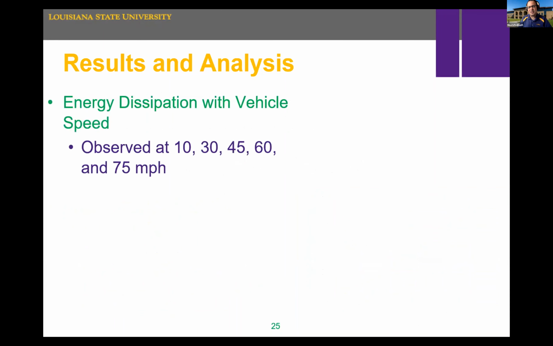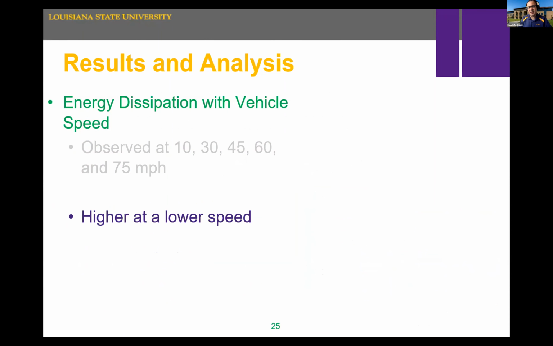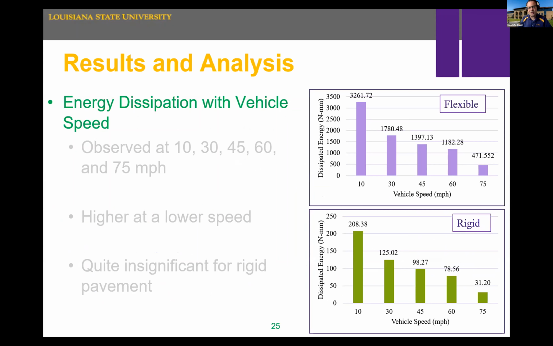And we also looked at the energy dissipation with vehicle speed. Obviously, at lower speed, you have higher dissipation, as you can see here. That's for flexible and that's for rigid. As the vehicle speed increases, you have less energy dissipation happening inside your pavement. Again, this energy dissipation comes from the amount of deformation that the pavement is experiencing. Because rigid pavement is stiffer than asphalt pavement, the energy dissipation is less in rigid pavement than in flexible